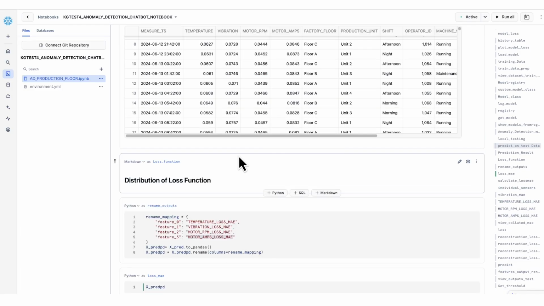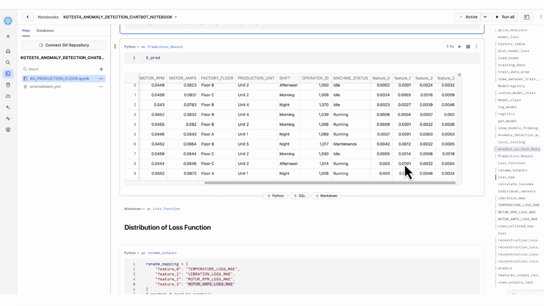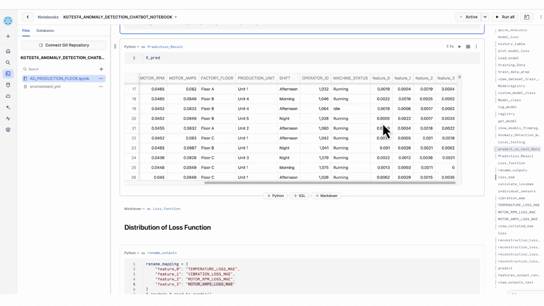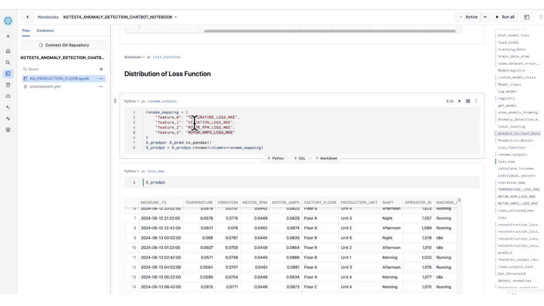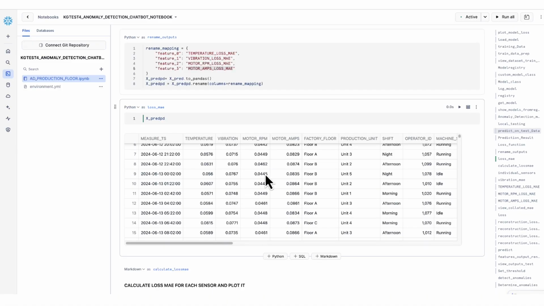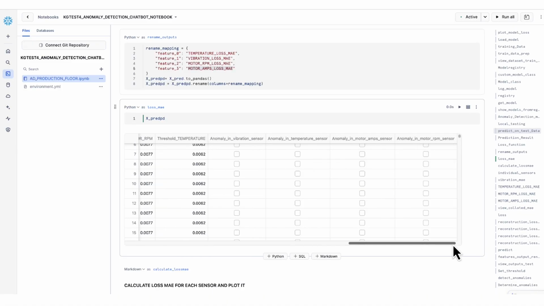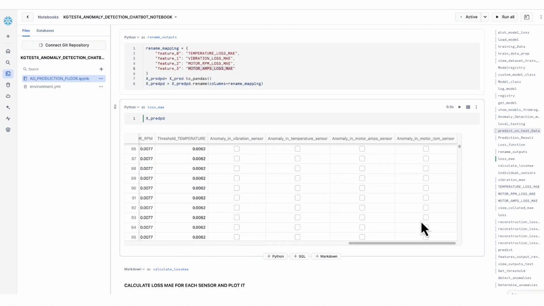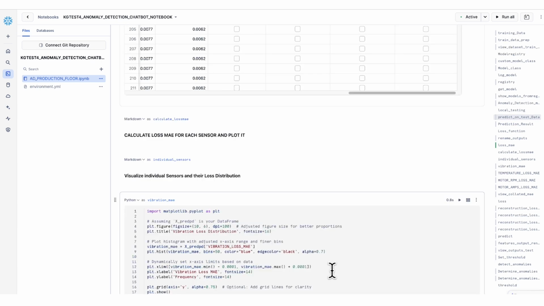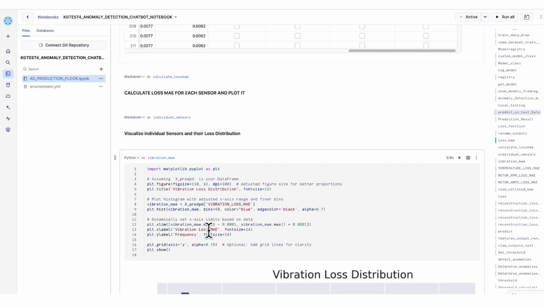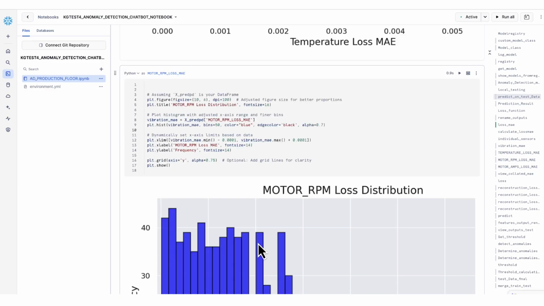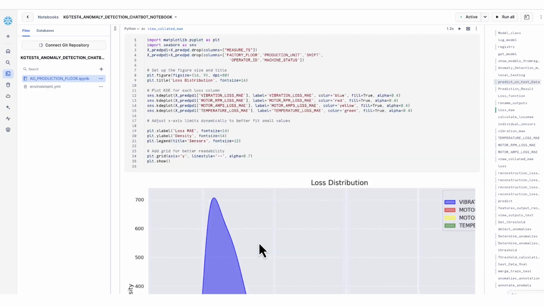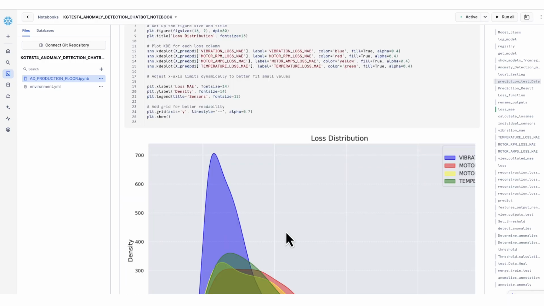Now you can see that in my training data set they were mostly all running conditions, and if you look at the MAEs that are returned for each of the sensors, they would be well below the thresholds. So I'm naming these MAEs for the 4 sensors, and I want to understand in a collated fashion if there are any anomalies. Training did not have any anomalies, or ideally shouldn't have any. So I'm just plotting individually each of the sensor values and their loss distribution, and then a collated view of all